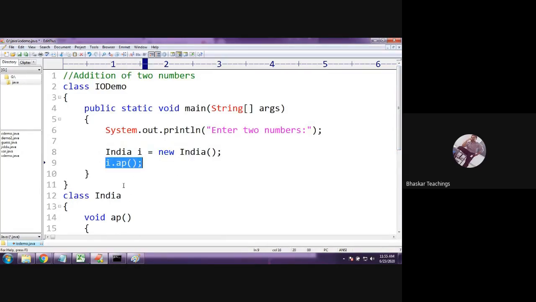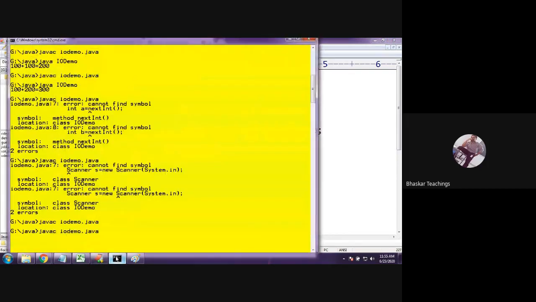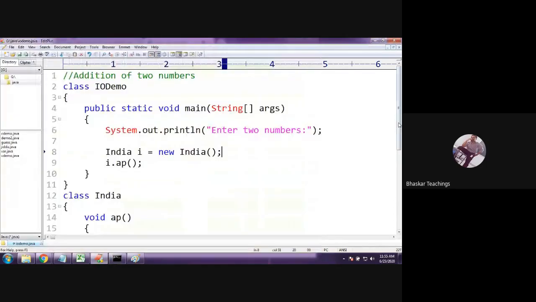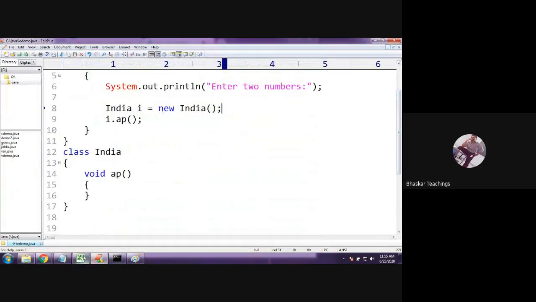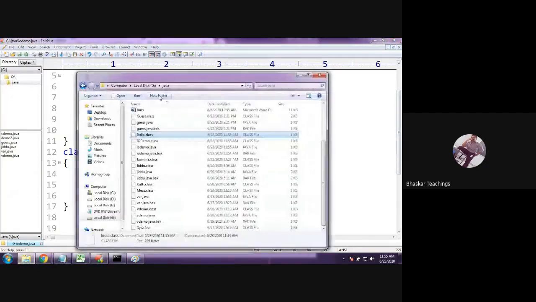So this is perfectly valid. Save and compile. This doesn't generate any error. The compilation is successful. Why? Because these two classes belong to the same folder, the Java folder on local disk G. India is there, and the iDemo class is also there.